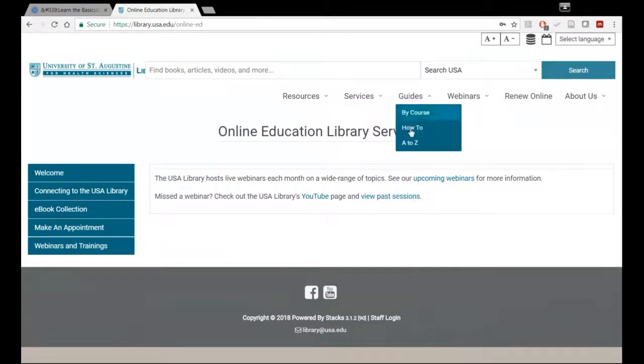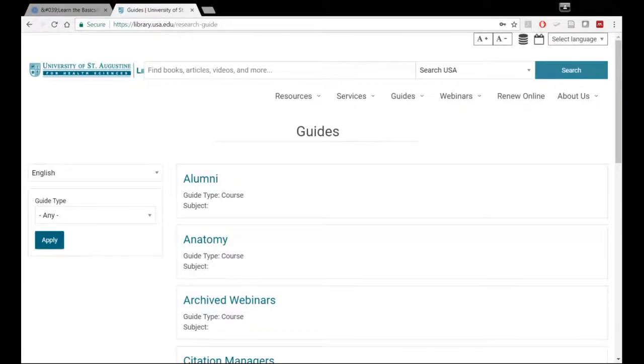So let's go to guides. A lot of people ask me, what are these guides? In the shortest version possible, these guides are library-approved information hubs that have been created just for you. We've taken a bunch of resources and condensed them into a small help guide. So for instance, anatomy here that we have,